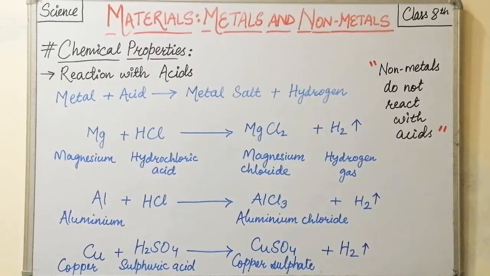Now to know this, we are going to perform an activity in which the reaction of metals and non-metals with acids is checked. So we are taking different metals and non-metals like magnesium ribbon, aluminum foil, iron filings, and copper wire, which is peeled out from the plastic wrap. Okay, the internal thin wire made up of copper. These are the metals. Then charcoal powder and sulfur powder are also available, and they are non-metals.